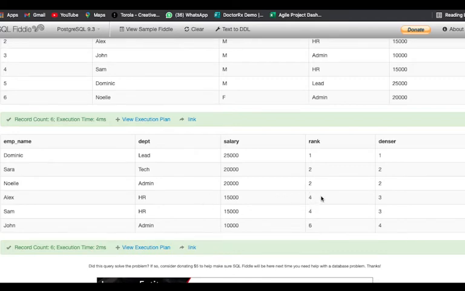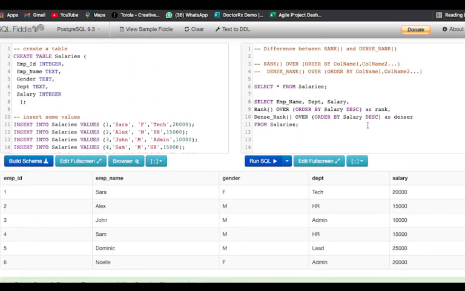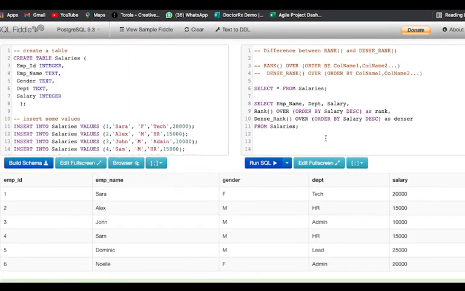So the rank function actually leaves holes in the sequence. If you notice in the dense rank column, although the values have been repeated and they have been appointed the same rank, coming to the fourth row, the rank is 3 and not 4, because it is going sequence-wise. It is not skipping any value here. So this is the main difference between rank and dense rank.